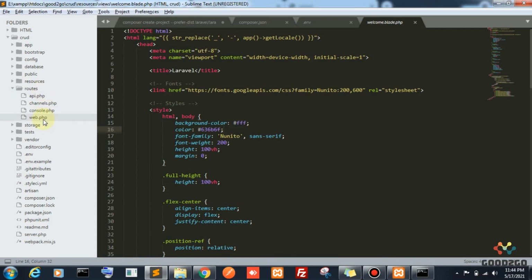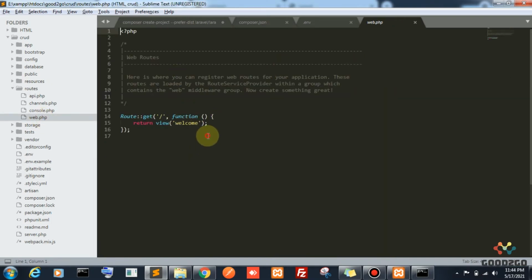Okay, so don't confuse in Laravel or Lumen or whatever any frameworks. In all frameworks we will have a router file. So we are going to create a web page. Okay, I told you about API, right? API means it will return only JSON responses, it won't give you any pages. So web technology is only rendering with the pages. Okay, web.php is the file we are going to use.